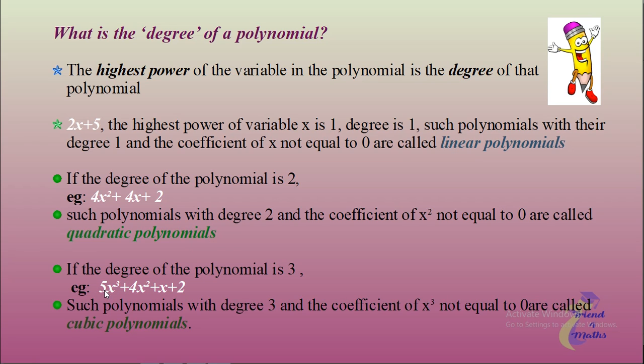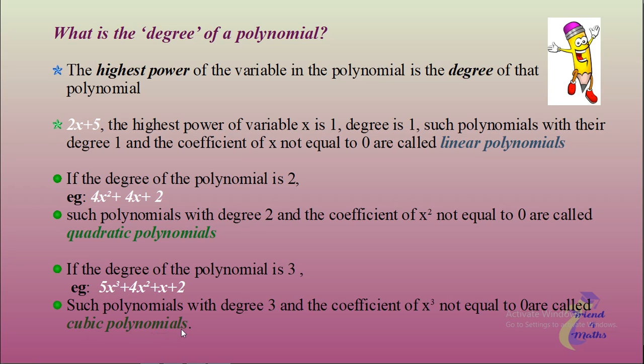And the next example is 5x cube plus 4x square plus x plus 2. Here the highest power of the variable x is cube. That is, the degree of this polynomial will be 3. And such polynomials with degree 3 and the coefficient of x cube not equal to 0 can be called